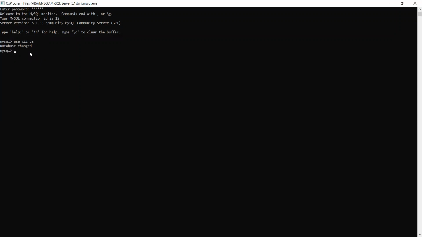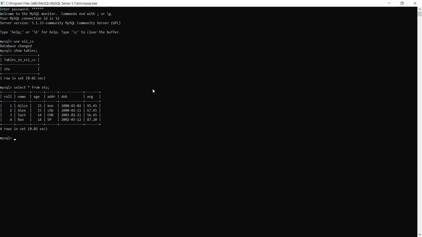Okay, then next, we have created one table here. We'll see which table was there. Show tables. Okay, so the table name was STU. Suppose you forget the name of the table, you can see it like this. Then for the table content, we will first run select asterisk from STU. Now see, maybe in your table also you must have found one thing: if you have to insert a null value, how are you going to insert it?